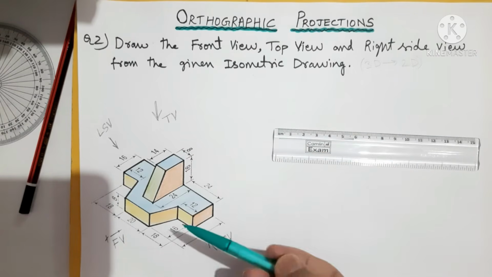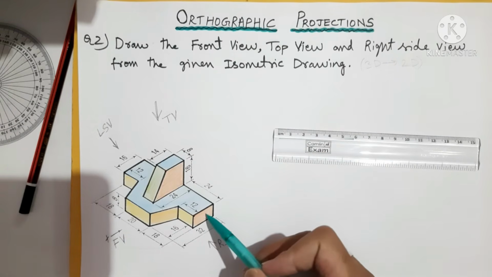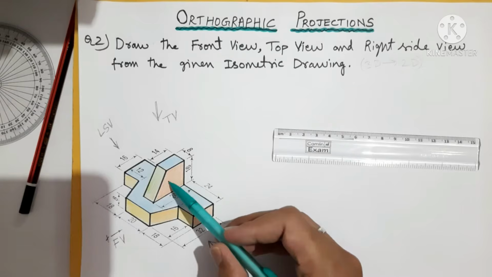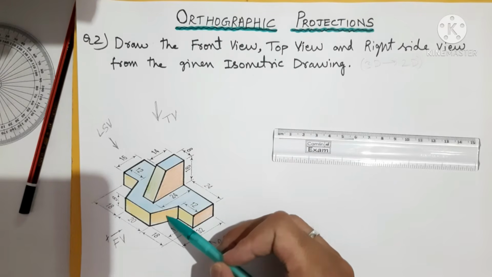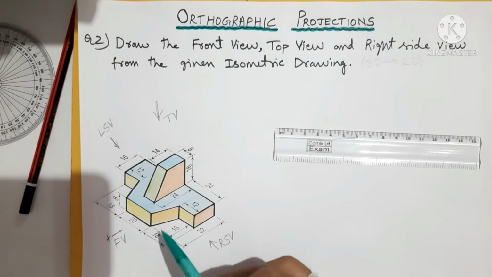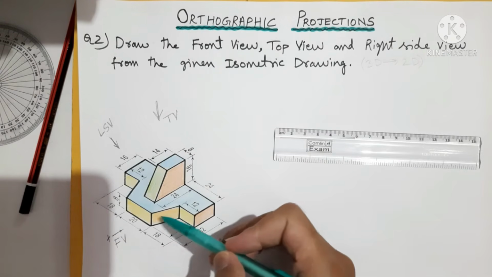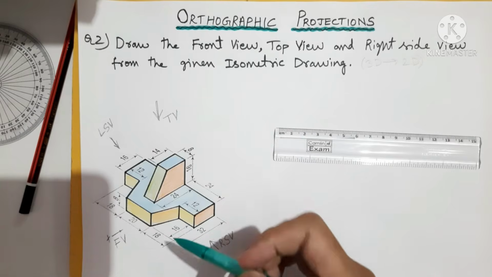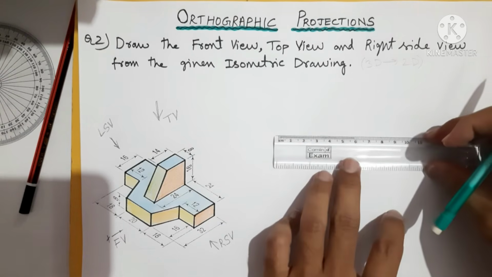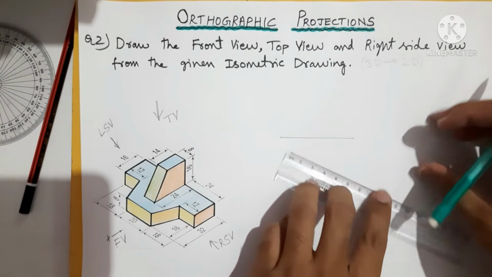And if you look from this side, that is the right side view, this orange surface will be visible to you, and this is the common surface which will be visible from the front as well as from the side, because this is inclined like here. So I have kept this in a mixed yellow and orange color. Let us see how the front view looks in the two-dimensional view.